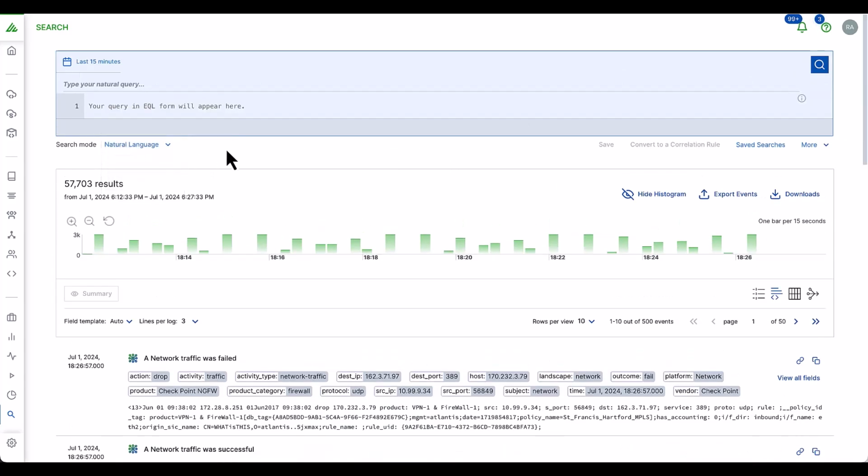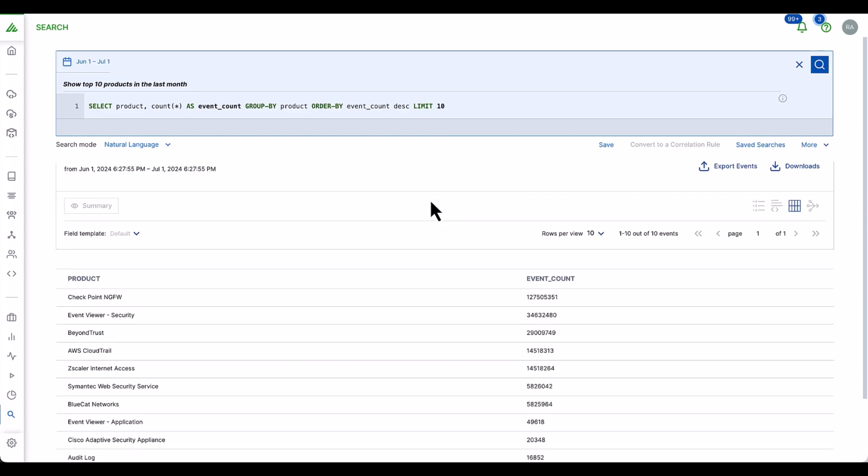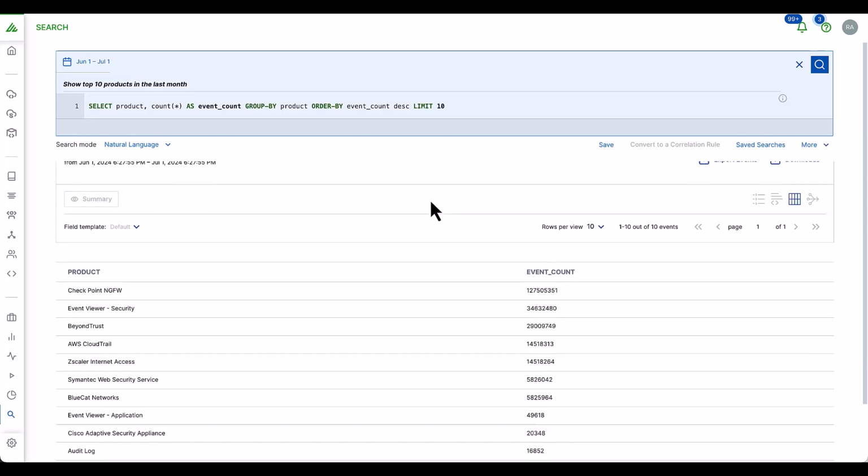And finally, the natural language option allows you to query the data using human-readable format. Let's see, for example, what we get from the top 10 products in the last month. As you can see, this not only builds the query for us, but also filters the timescope automatically. This feature not only helps in speeding up forensic investigations, but also helps in upskilling analysts on the search query